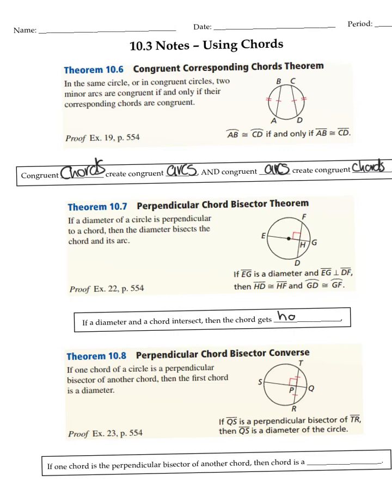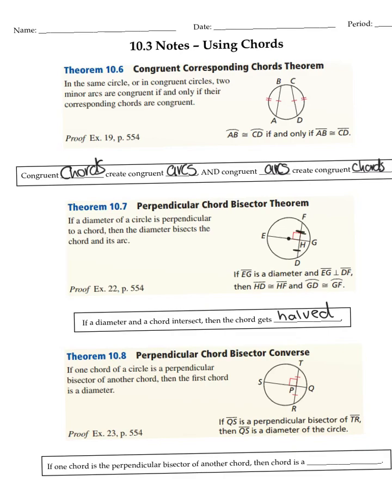So in this diagram, if EG is the diameter of this circle, it's going to bisect the chord FD, and it's also going to be perpendicular. So it's going to be a perpendicular bisector of the chord DF,